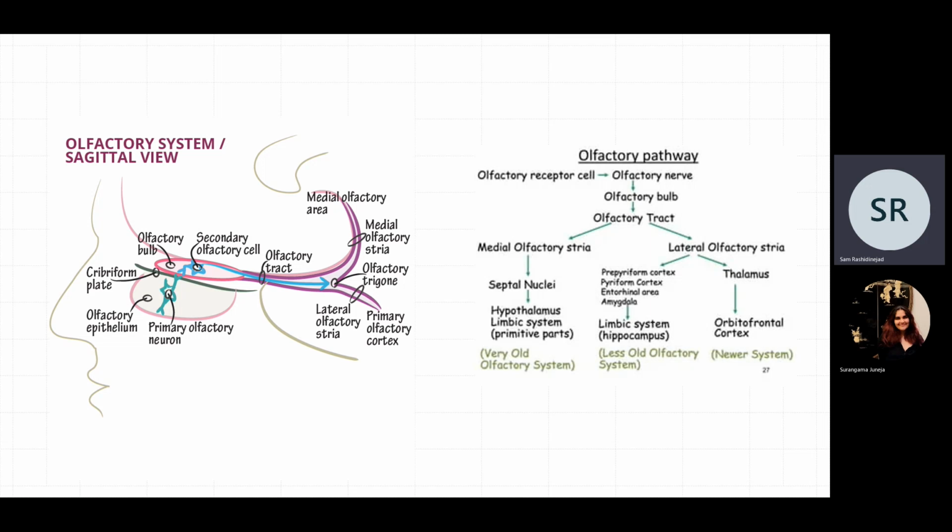The axons from bipolar cells move through the cribriform plate to the olfactory bulb, which is an ovoid structure in the anterior cranial fossa. In the olfactory bulb, we have special neurons called mitral cells, and the connection between the axons of the bipolar cells and mitral cells is called